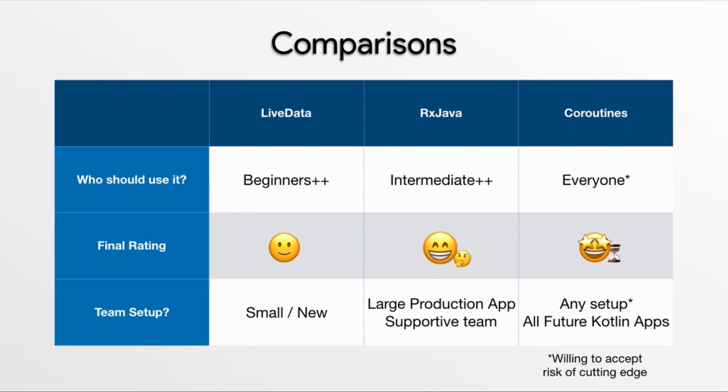And coroutines should be used by everyone who is willing to accept the risk of cutting edge. It's almost there. It's not quite there, but it's almost there when it comes to things like, as I said, that one function which has a PR open that I might want to use, but it's not quite in yet. But if you're willing to wait just a little bit, coroutines is the best. Yeah, we're close to